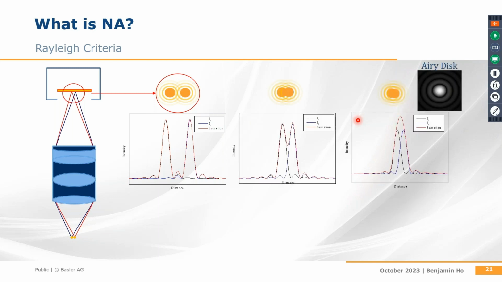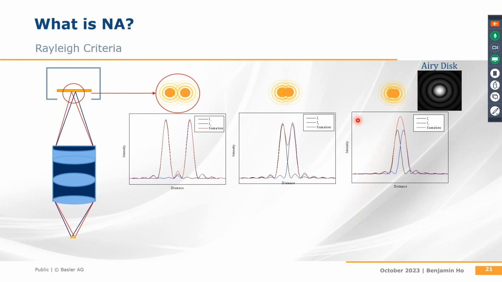If the size of the Airy disk becomes larger, the two separate point sources will no longer be perceived as two separate points on the sensor, and will instead appear as a single point source. Reducing the size of the Airy disk allows the lens to resolve a smaller distance between two point sources. NA is not only